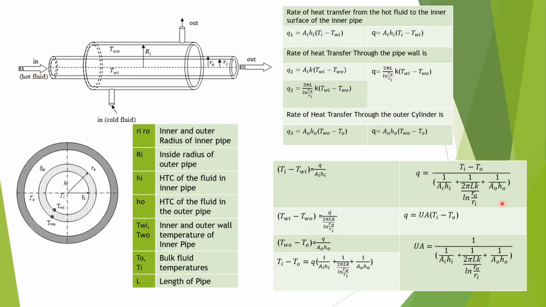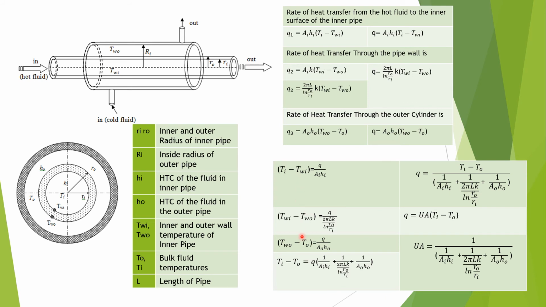Now moving further, instead of using this complicated term, we will indicate it as UA, that is overall heat transfer coefficient into area. So considering UA is equal to this, we can write the equation for overall heat transfer coefficient as indicated here. I hope आपको ये सारी स्टेप्स समझ में आई है. मैं फिर से रिपीट करती हूँ. ये स्टेप्स आने के बाद हमने इस स्टेप में क्या किया है, ये तीनों इक्वेशंस हमने इन टर्म्स ऑफ टेम्परेचर रीअरेंज किए हैं.